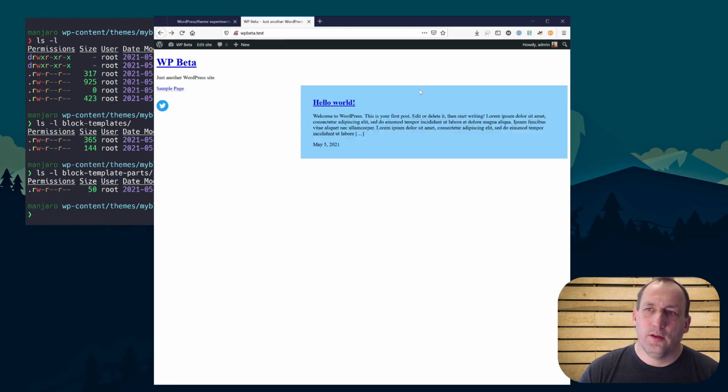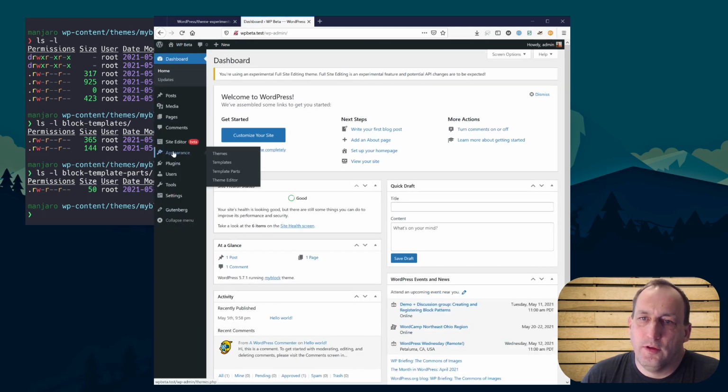So an easy way you can do that is you can save this stuff to the file system. You can still copy and paste from the file system. And I'll show you just how all the templates are structured. They're just the markup of these blocks. So if you look at,